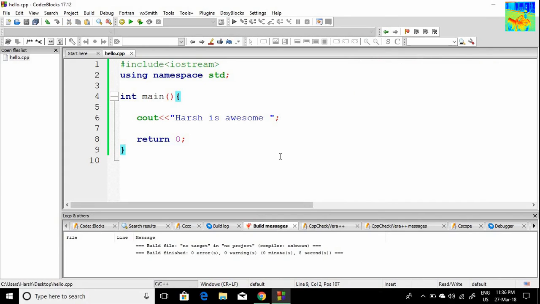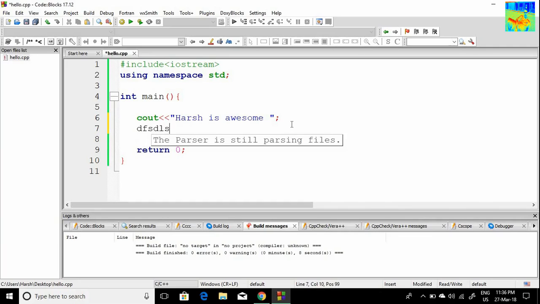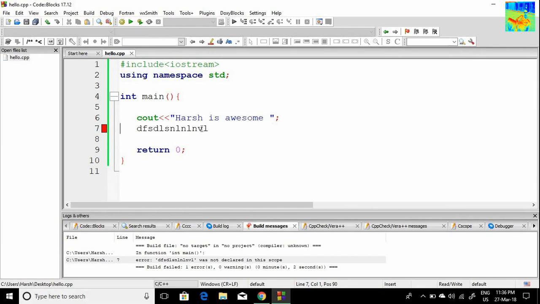Now if you remember, I have told you that compiler will not only convert our code into binary code, it will also find error for us. For example, I am writing something like, so it doesn't make any sense. Okay, so let us compile. Okay, so this red symbol means there is error in this line. You can also read error here, line number 7. This word was not declared in this scope. So compiler is telling me, hey, have you gone out of your mind? This doesn't make any sense. What the hell are you trying to do?